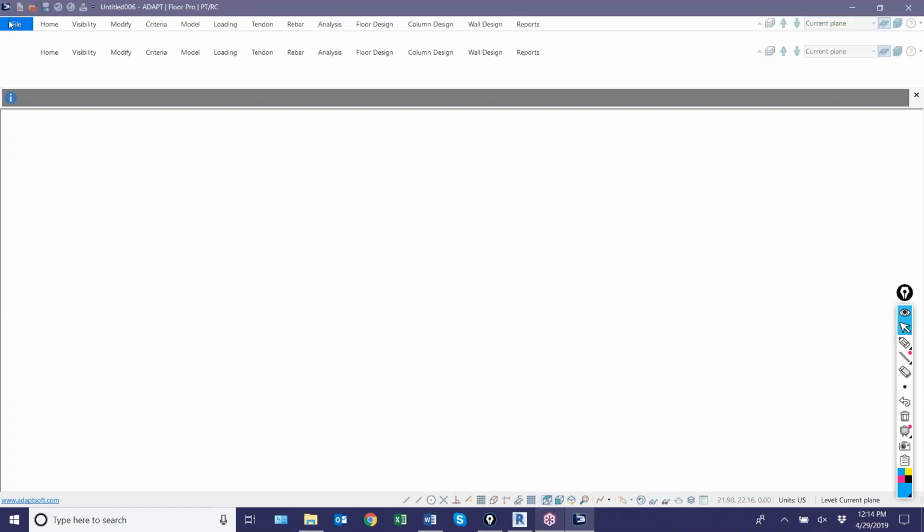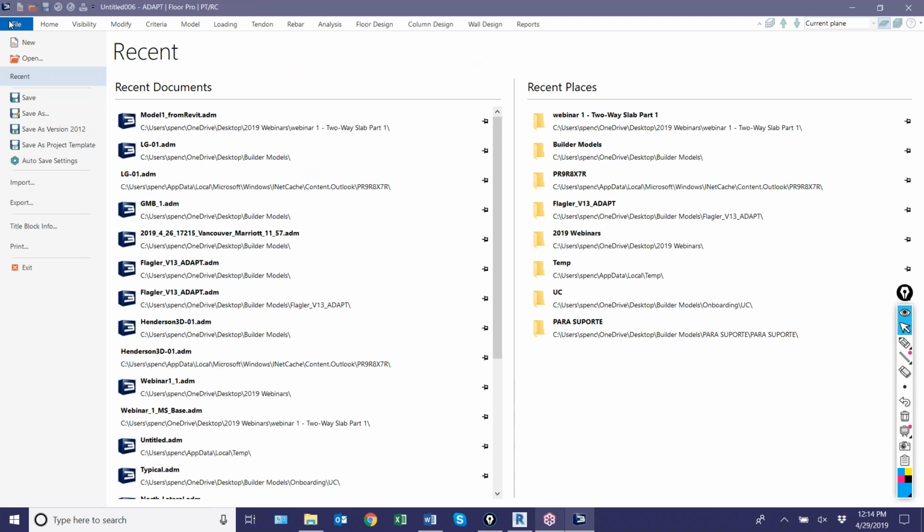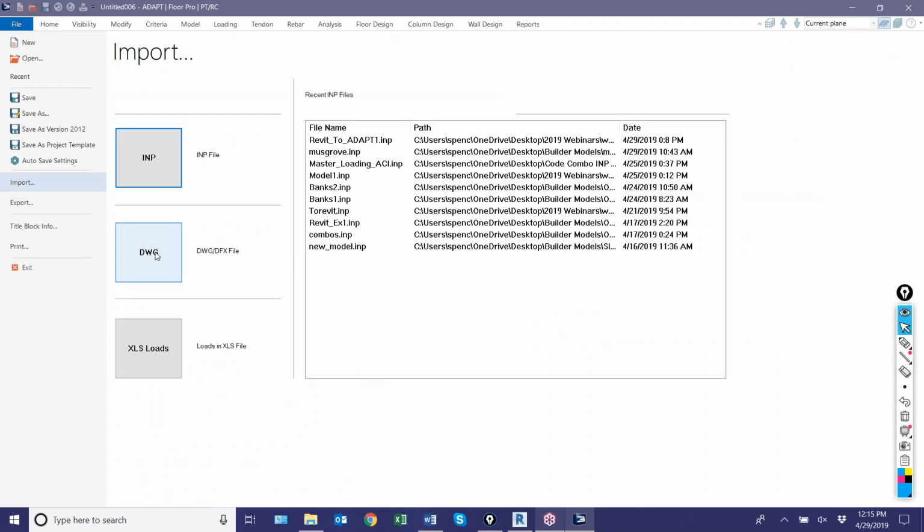All right, so we'll go to File, and we have a CAD file. The most important thing, if you want this process to go faster, is that we recommend you model your components in CAD as polygons, poly regions. That allows us to quickly transform those polygons to components inside of ADAPT. If they're not transformed, you can still build the model from CAD, but it becomes a little more time consuming, and you have to jump through a few extra hoops to get what you want in terms of the modeling. So we're going to import a DWG file,